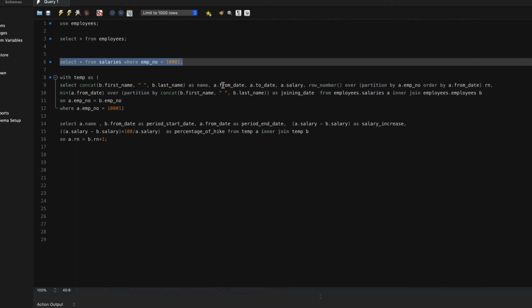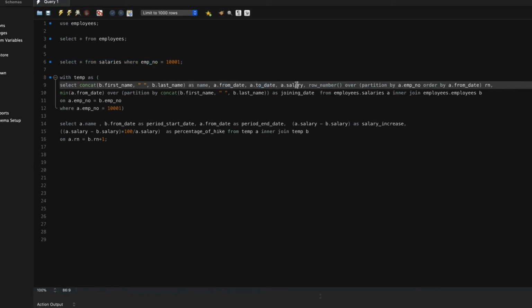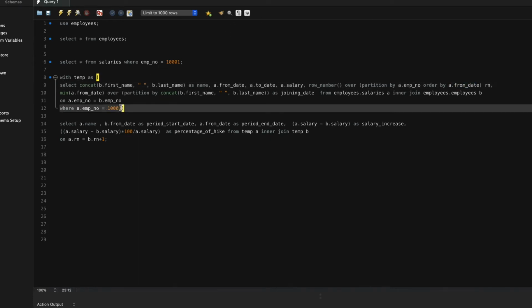So I'm selecting from date to date salary, and now I need to make sure, since you are comparing the current year with the next year, that you assign a row number to it, partitioning by employee number and ordering by the date. Then it's very easy for you to compare the current year with the next year. I'll show you how to do that. So if you query this,